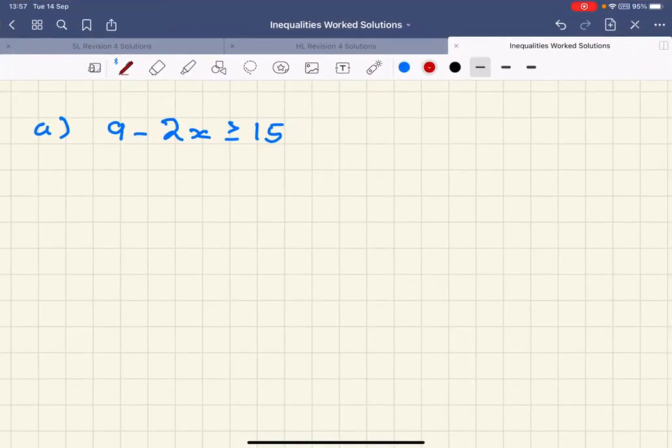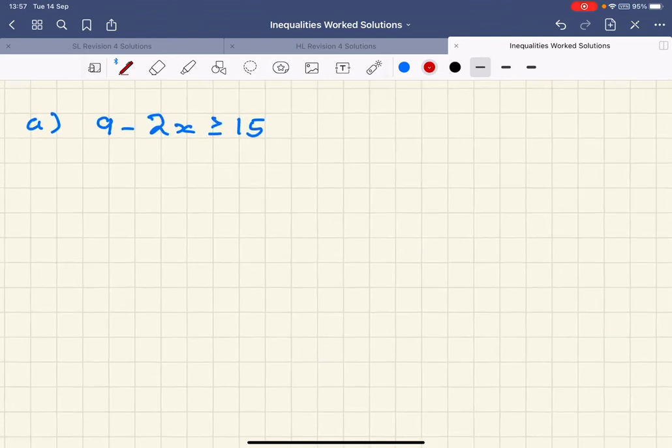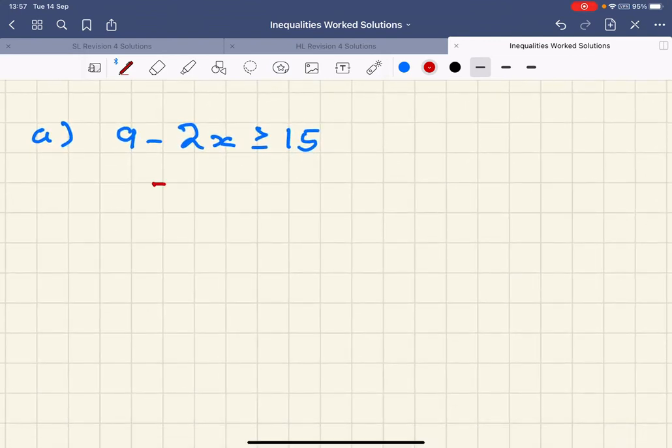So we've started our inequalities, and now we're going to build up to what happens when we've got negative x. Now I'm going to do this in two ways. So we're going to start off by thinking about this as an algebra problem. So we're going to have negative 2x, and we're going to take away that 9 from both sides, so it gives me a 6. Now what I could do is I could divide both sides by minus 6, but something